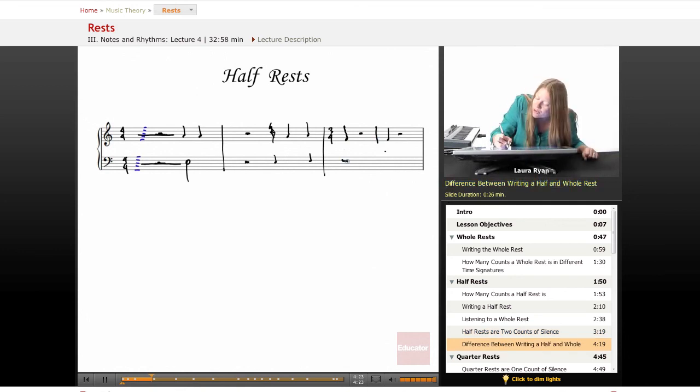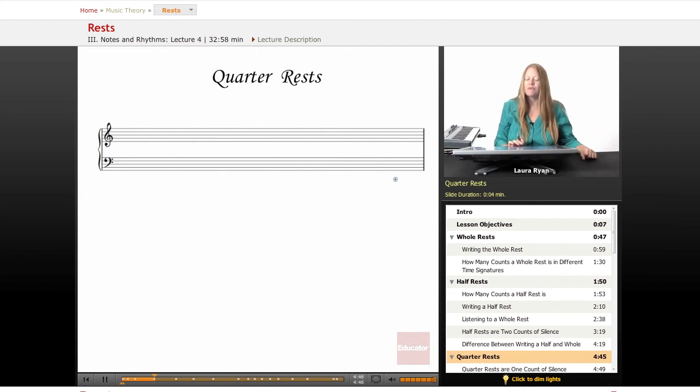So as you remember, the whole rest lives here on the underside of the second line from the top of the staff, bass or treble clef. The half rest lives on the middle line of the staff, and it looks a little bit like a hat. If you drew a line underneath of it, it would look like a hat. Okay, moving on, quarter rests. They're worth 1 count, no matter what time